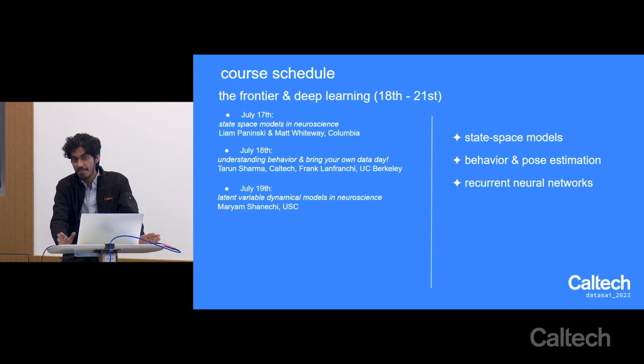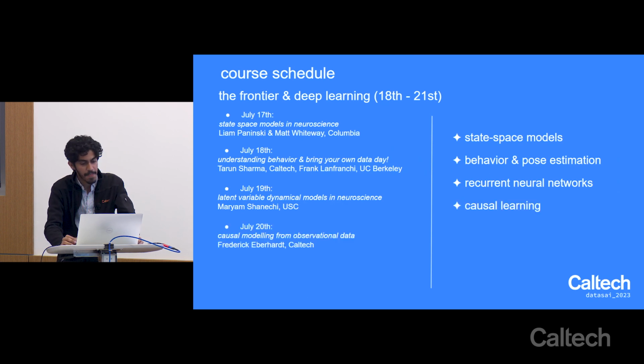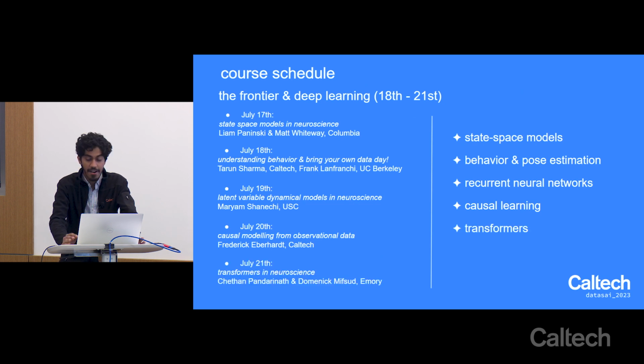And then we're going to talk about RNNs, or recurrent neural networks, and how they've been used to understand biological properties of systems by thinking of them as dynamical systems. And this is where we'll have a continuation of tomorrow morning's lecture on dynamical systems. We're going to have a session on causal learning, which is a recent deep learning influenced idea that Frederick Eberhardt's been pioneering at Caltech. And we're going to end by talking about what's hot in everyone's mind right now, large language models, but their applications in neuroscience. So Chethan Pandarinath has a technique called neural data transformers, and he's going to walk us through how that's used to get interesting nonlinear embeddings of your data.